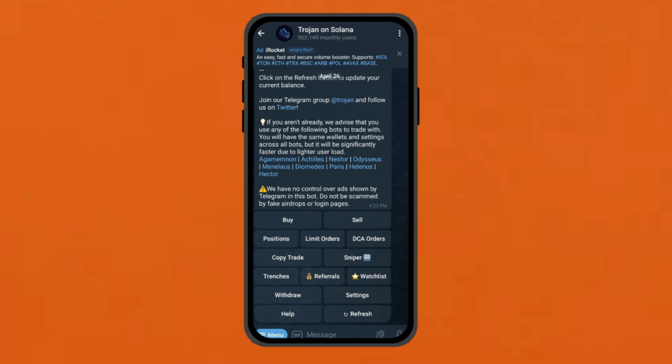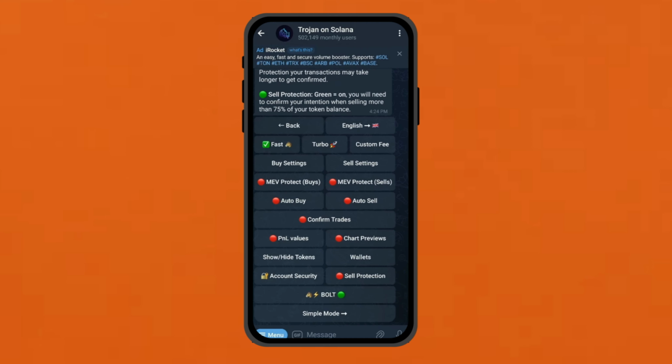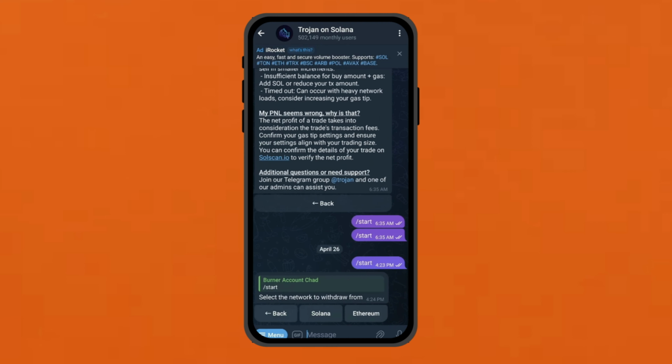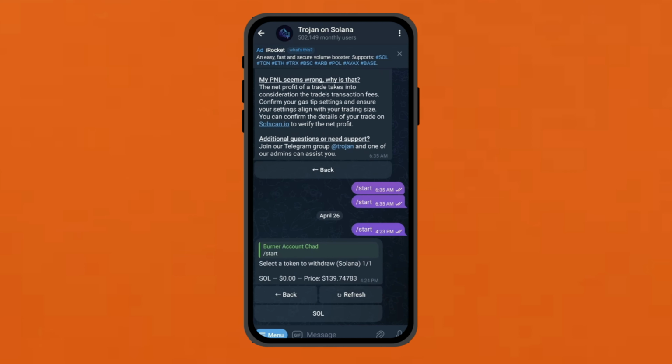From here, you're going to search for Trojan on Solana, and then go to the settings. Now, from the settings, you can connect the wallet by adding your private key that we just addressed, or you can go back and simply click on withdraw, and then it will ask you which wallet. So I'll click on Solana, and then you're going to apply the code that we just copied, and